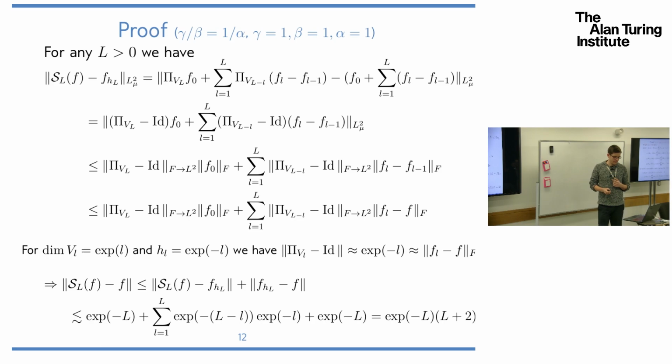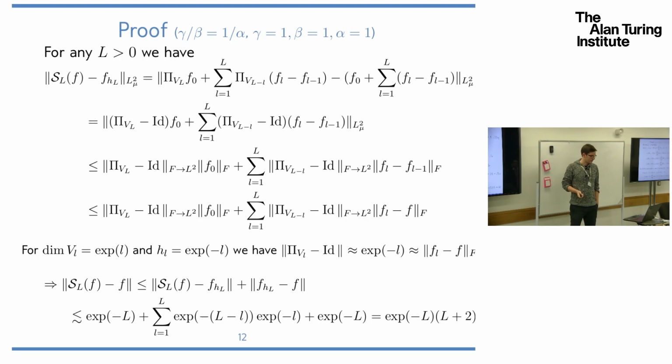Okay, now this is the only part of this talk where I'm actually going to do a bit of math, because I think the proof is quite instructive. It's super easy. It's basically just a triangle inequality and then a geometric series. So for the proof here, I'm going to assume that all of these parameters are just equal to 1. And so what we want to show at the end is then that the complexity is epsilon to the power